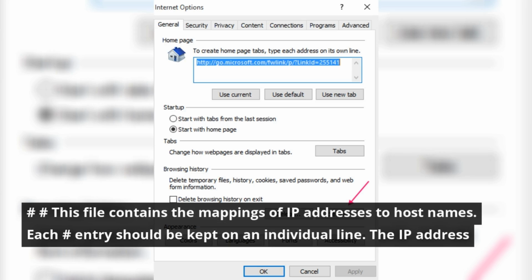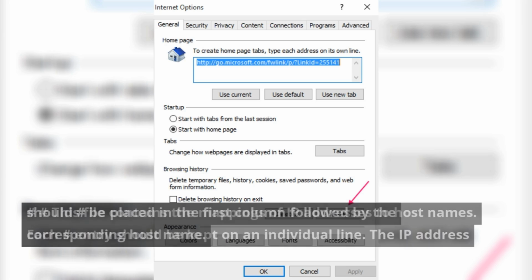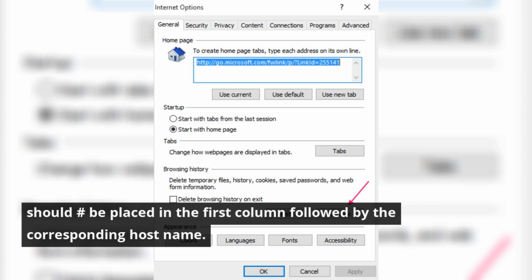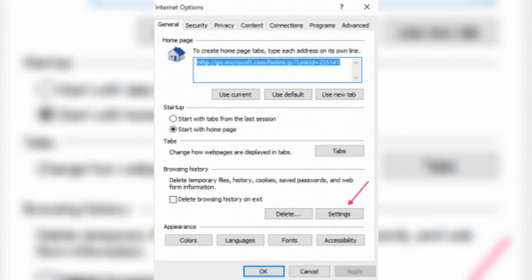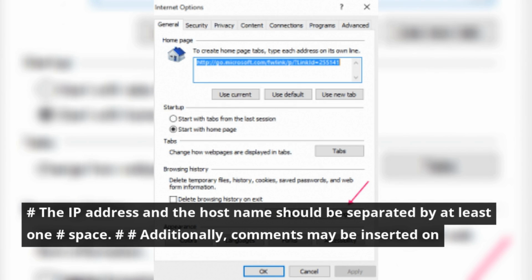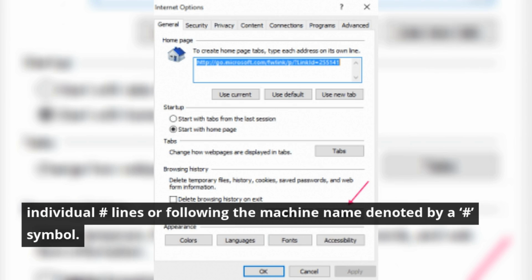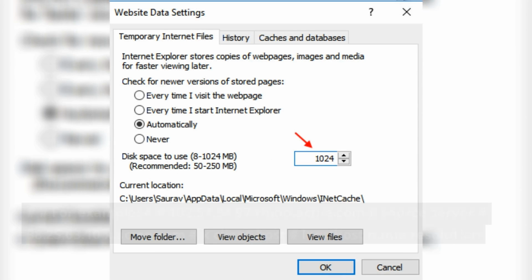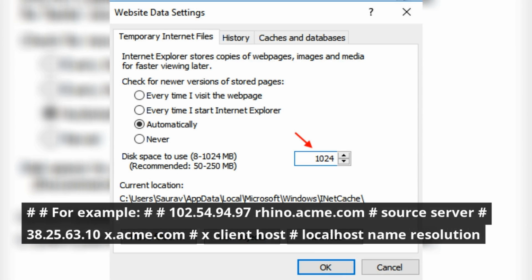Each entry should be kept on an individual line. The IP address should be placed in the first column followed by the corresponding host name. The IP address and the host name should be separated by at least one space. Additionally, comments may be inserted on individual lines or following the machine name denoted by a hash symbol. For example,